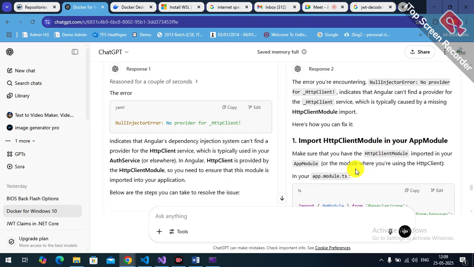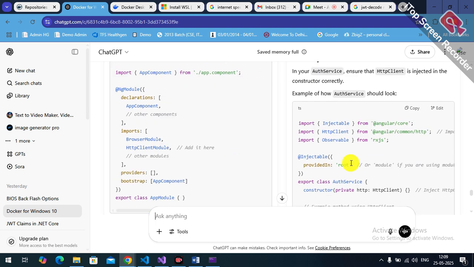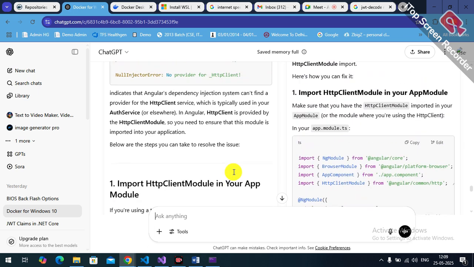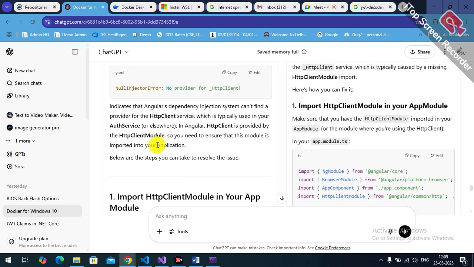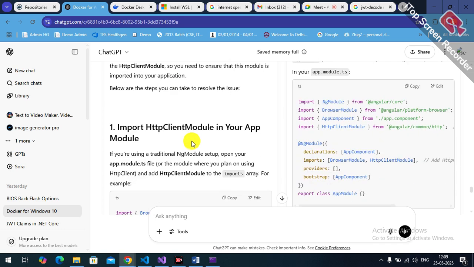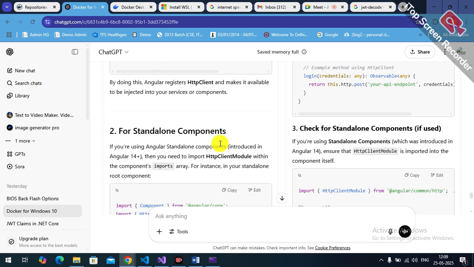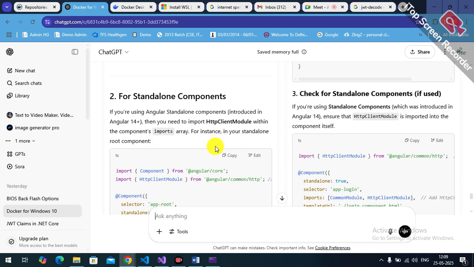Client module null. And here we are using standalone applications. The error indicates that Angular dependency injection cannot find the provider for HTTP client. For a standalone component, they are expecting